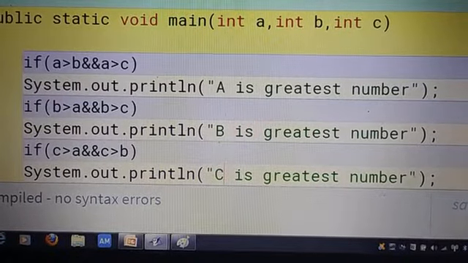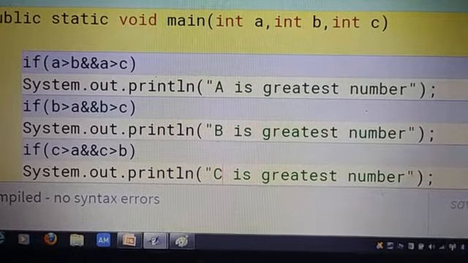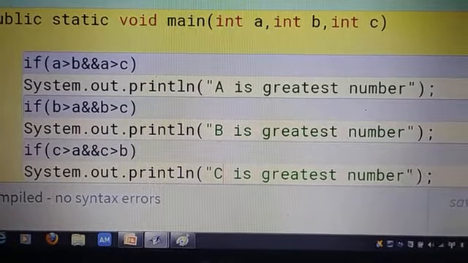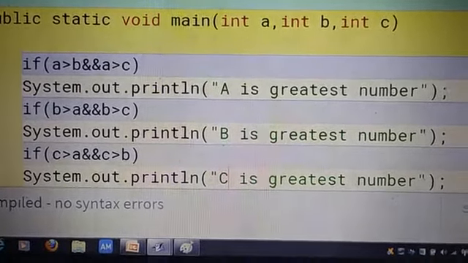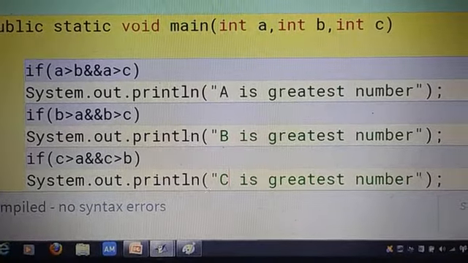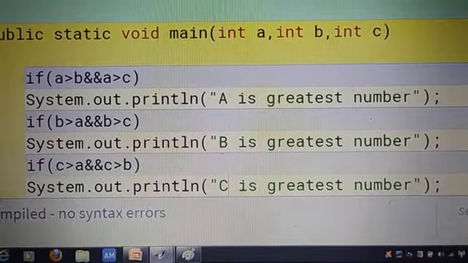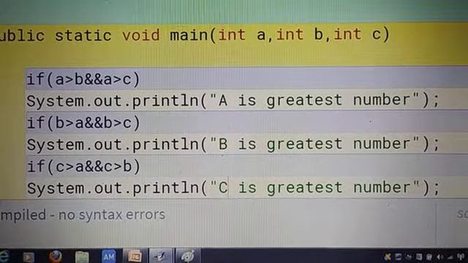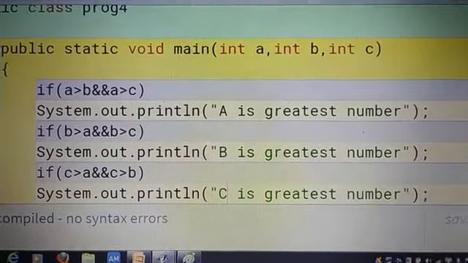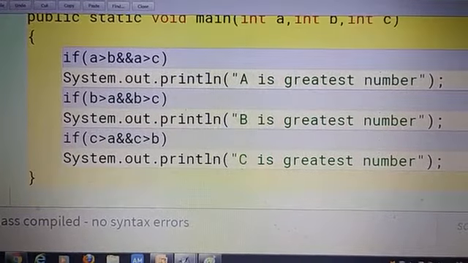Now look, here we are not using an else part. Remember that in if-else, the else part is not compulsory; you can use the if part alone. Also remember that when we write only one line after if, like here with one system.out.println, we do not need curly brackets. It is not compulsory, but if you want to use more than one line, then curly brackets are compulsory. So this is your program to find the greatest number among three numbers. Rest of everything is the same, only if and else.